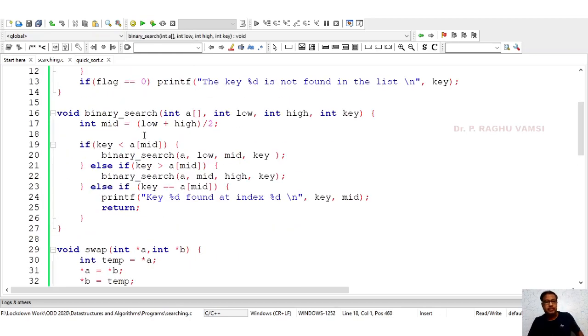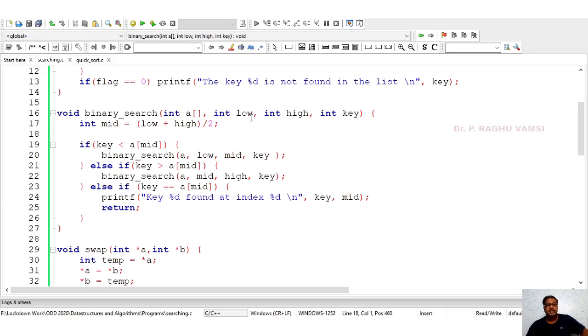In some textbooks you will find it in the iterative way also. They might have written the program like while low is less than high, and keep on repeating that in an iterative way. But here I have used recursion. This also works, because if key is less than a of mid, the only thing is we consider low and mid and search again.